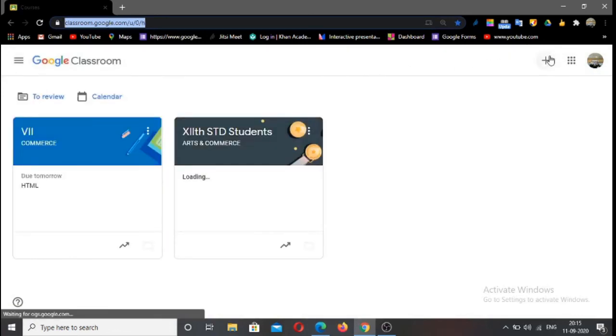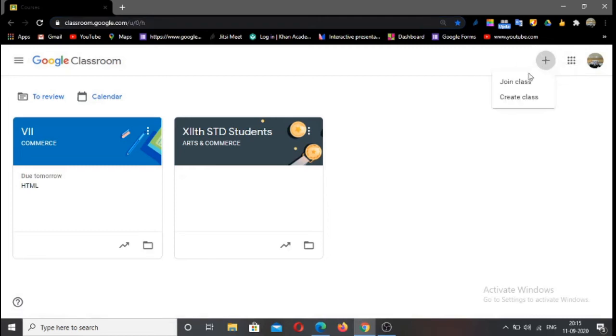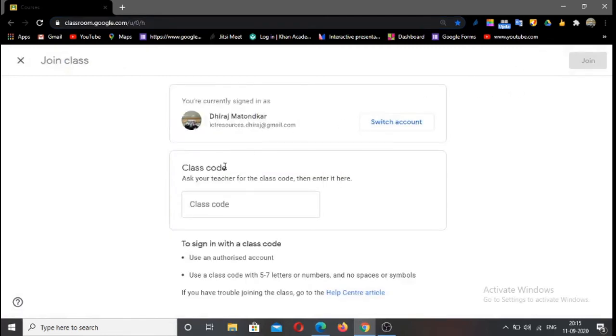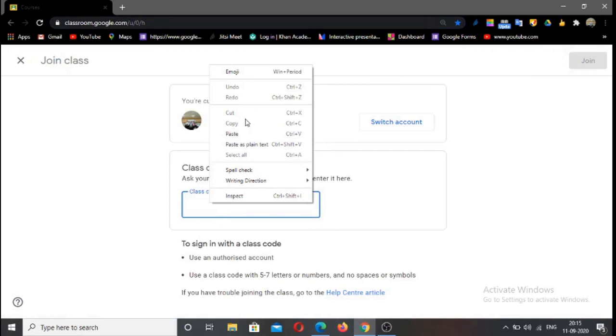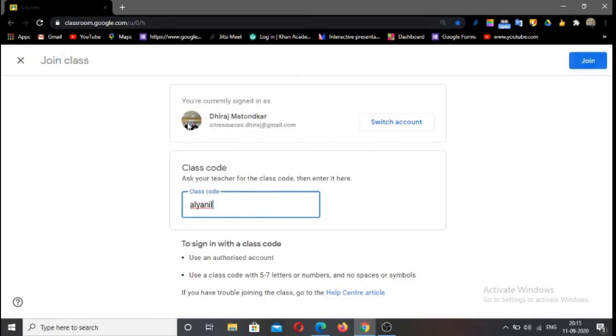Okay, and how do I join? I have to click on the plus sign and join class. Okay, and I will paste this class code which I had copied from that account. So I will click on this and I will click on join.